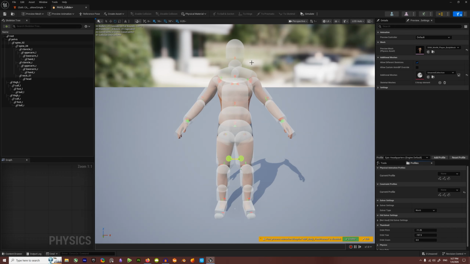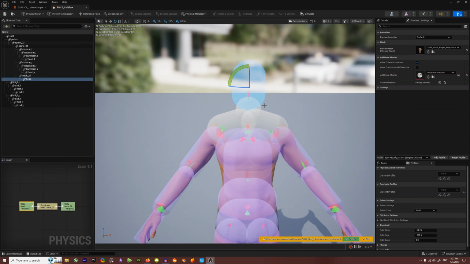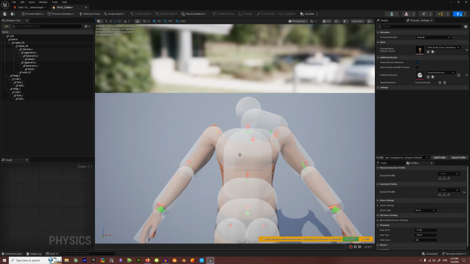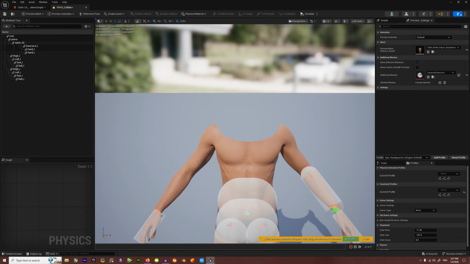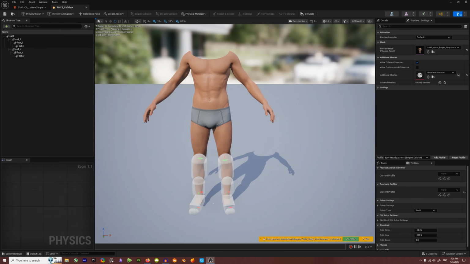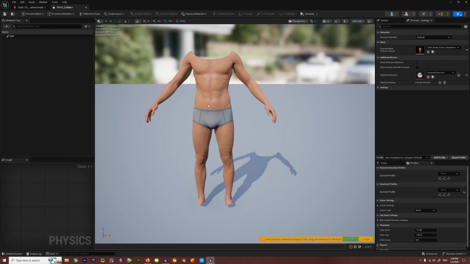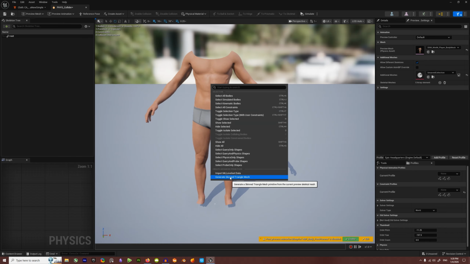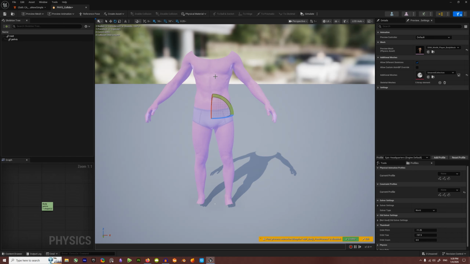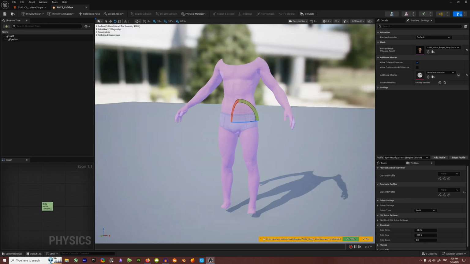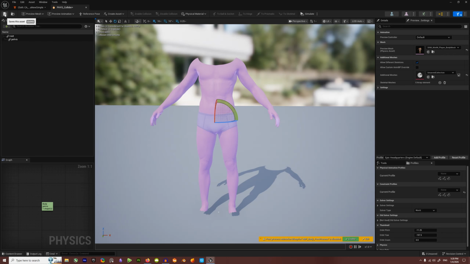As you see, there are a lot of primitives here. What we need to do is delete them. You can work with them, try to scale them and move them or whatever you want, but it doesn't help a lot. It's better to delete all of them. Now we can press the right mouse button and generate skinny triangle mesh. That's it. Now it will collide with this mesh. Press save,